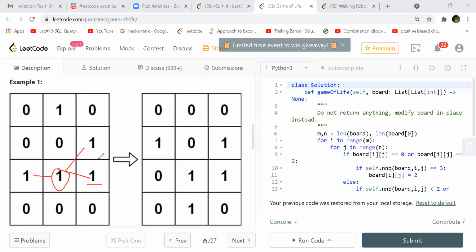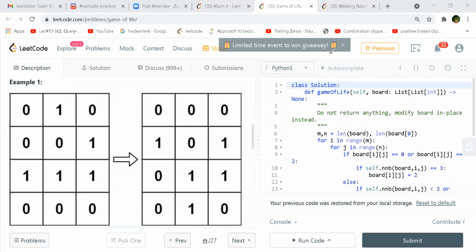Similarly with this, if you look, this is 1, this is 1, and this is 0. So 2 ones are there, and the state is 1, so it will remain as it is. Because for anything lesser than 2, or anything greater than 3, or if it is 3, that is the only condition we are interested in. But if it is 2, we ignore it. And this will be alive again because all the 3 are ones. So then this becomes alive and becomes 1, and the rest is the same.